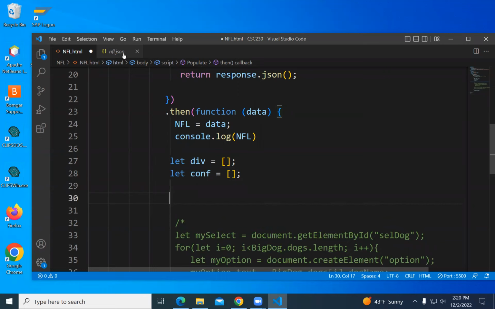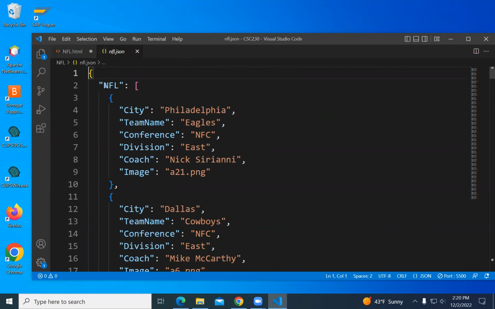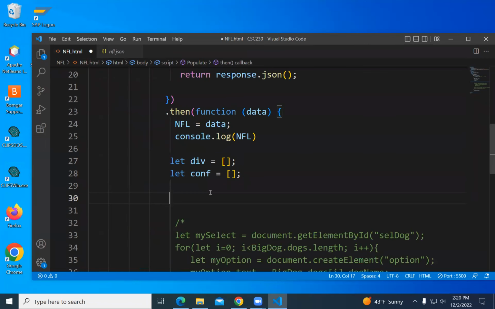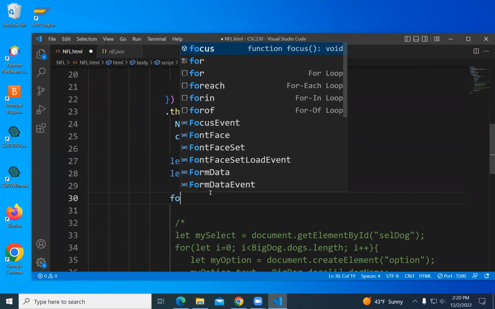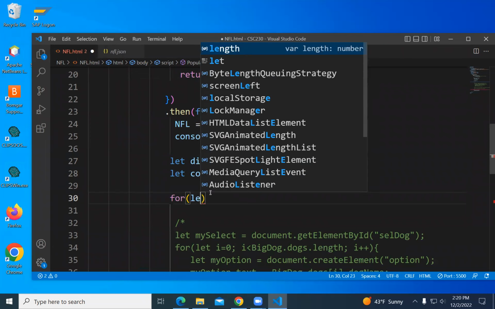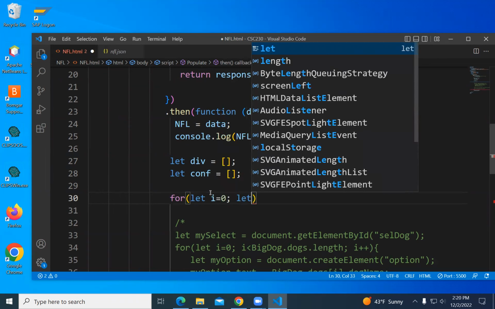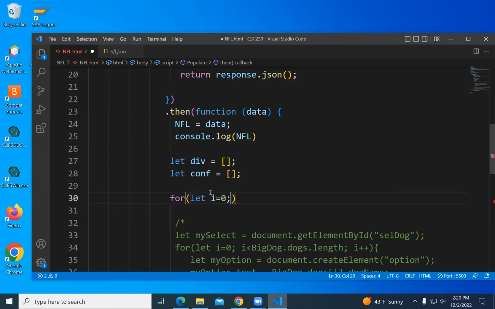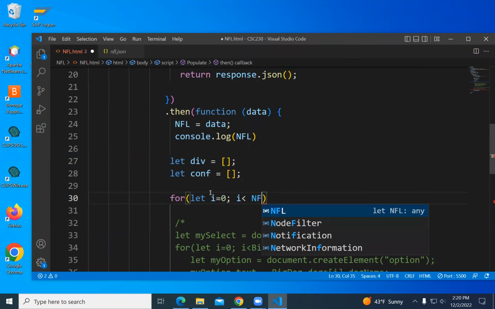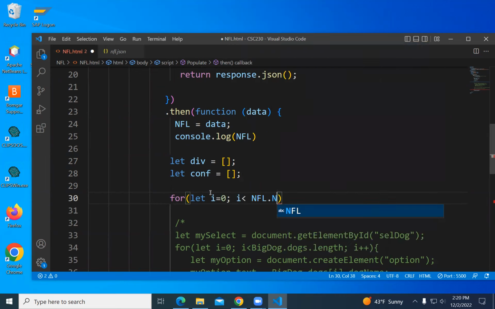Because I called it NFL, and the property is NFL, it's going to be NFL.NFL, which is maybe a little awkward. So I'm going to do a standard loop, for let i equal 0, i less than what? I called the big thing NFL. It's got a property NFL, and that has a length.